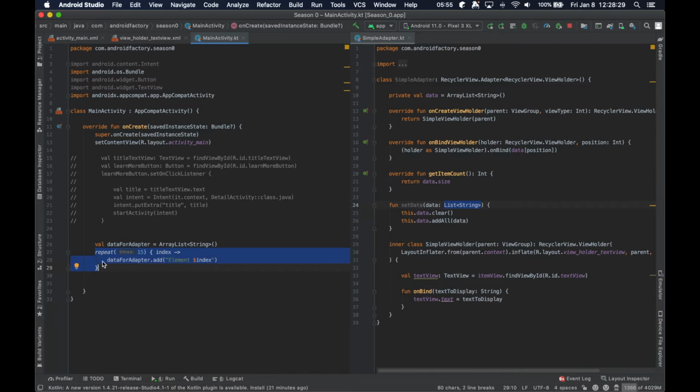After this entire function, after this block runs, this data for adapter will have a list of strings in it, element 0 through 14. We all know that in the programming world the indices start at 0, not at 1. So now we actually have our data that we want, and we can now connect